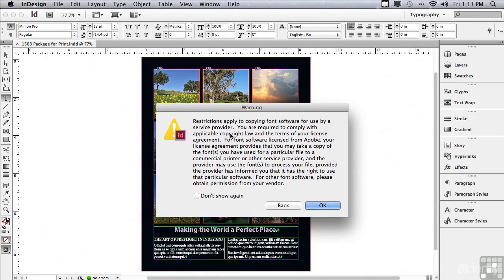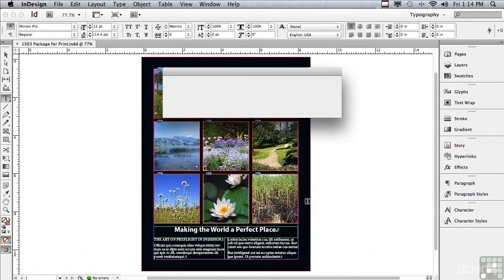And I'm going to get a warning about fonts. Basically what this is saying is it is illegal to copy fonts to a disk or send fonts to somebody who doesn't already have them. Well, if my printer already has these fonts, why do I have to send them mine? Well, mainly because they may have a different version than I have, and all of my text may reflow if they use their fonts. So it's always a good idea to include your fonts. I'm going to click OK, and now it's packaging the fonts, and it's making a copy of the document as